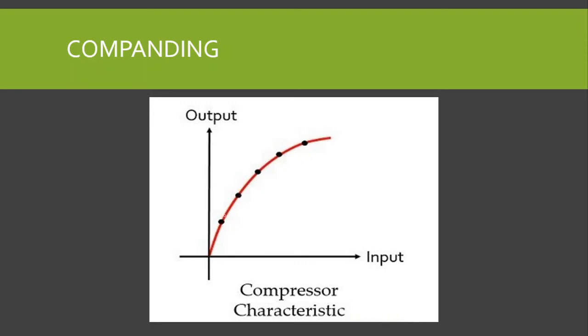If you have a look over here, amplification takes place for all those values up to here. For the lower values, we have amplification, and for higher amplitude values, the compressor is basically compressing them, because the characteristic is like this. So the higher amplitude values are compressed, the lower amplitude values are amplified. This is the characteristic of the compressor.